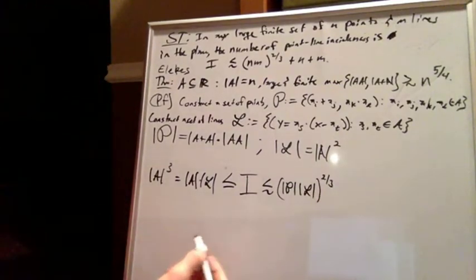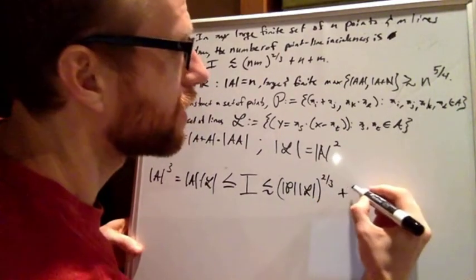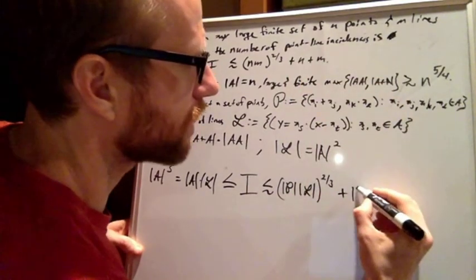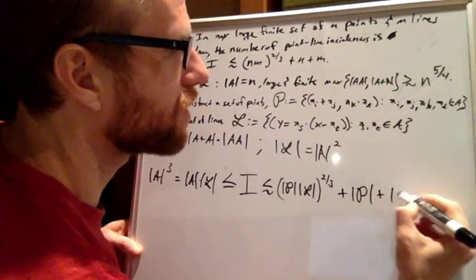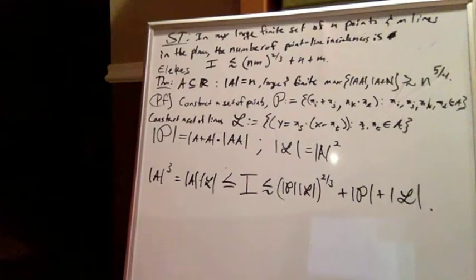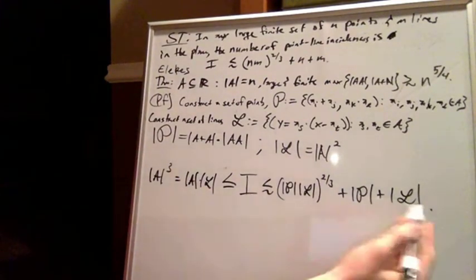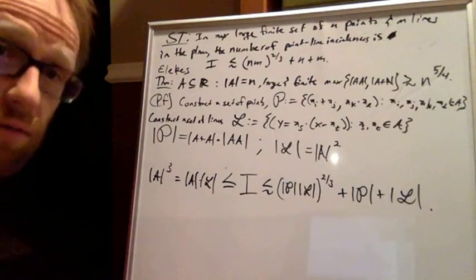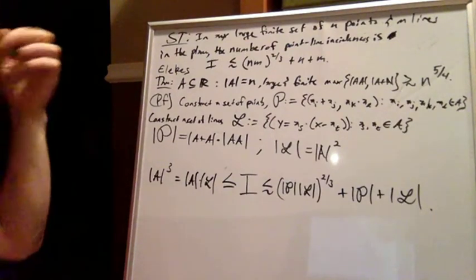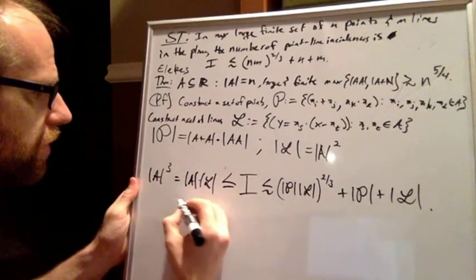All right, plus the number of points, that's the size of P, plus the number of lines. Okay, and that's just applying Szemerédi-Trotter. So I have values for all of these, so let's plug them in, right? Well, I've got A cubed